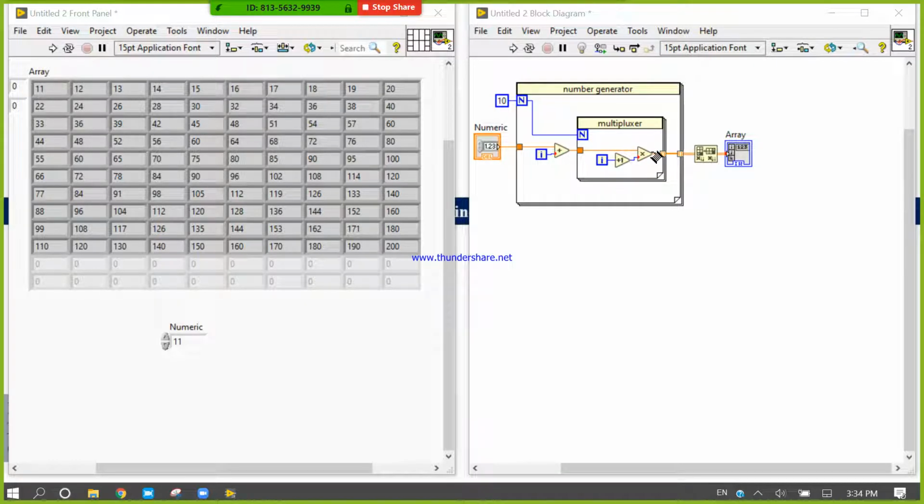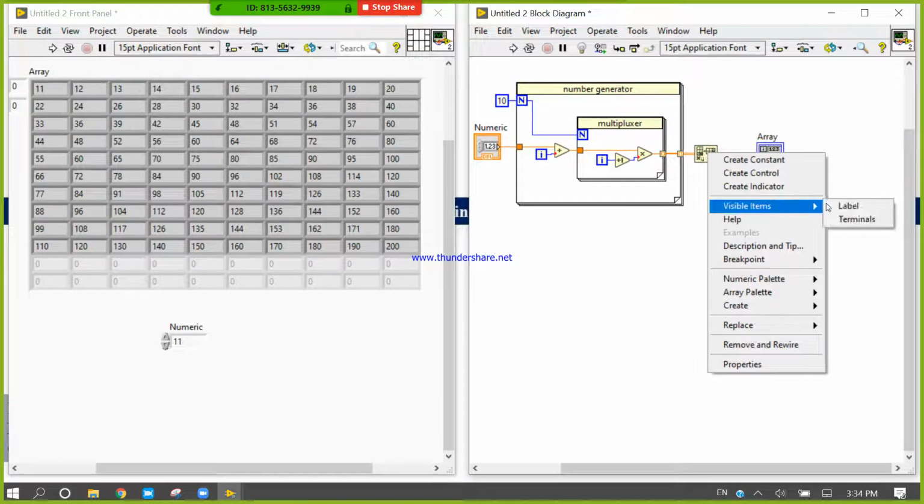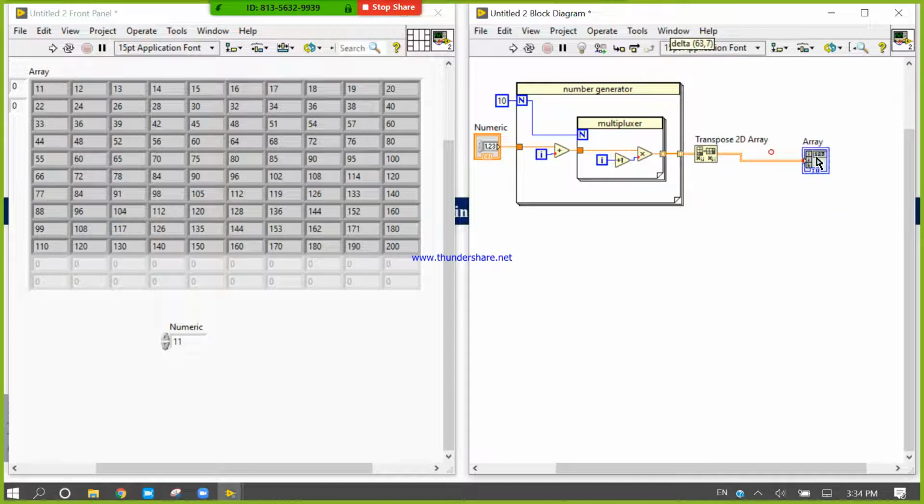After that it will pass the data here. By using this function, transpose 2D array, because